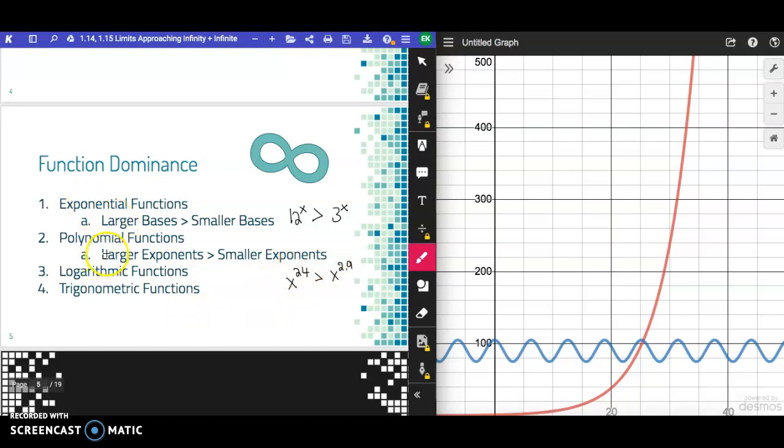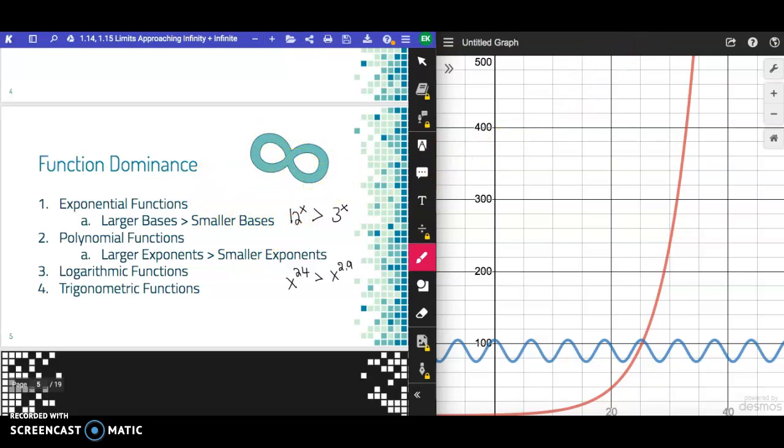And then after polynomial functions, logarithmic functions would work next, and then trigonometric functions. But for the most part, exponential and polynomial are going to be what you're looking for. One more thing we have to talk about is having to do with infinity inside of fractions, and there's actually